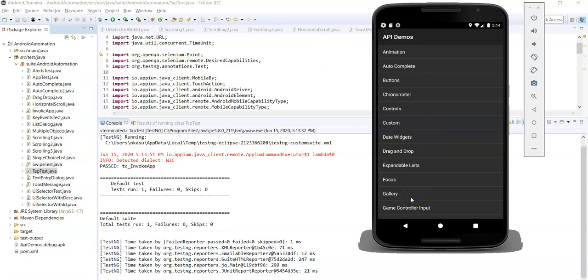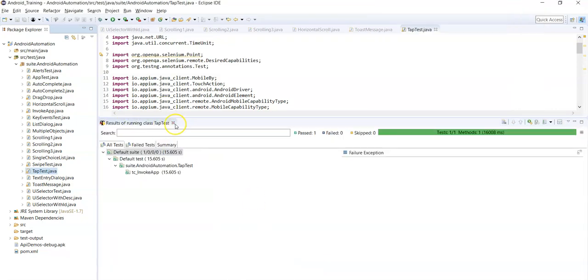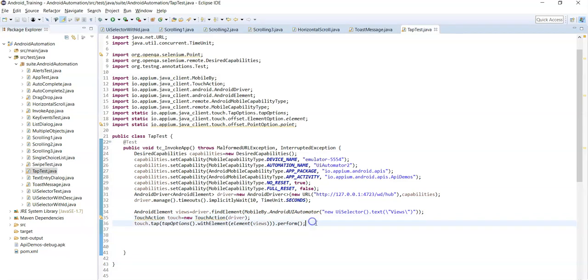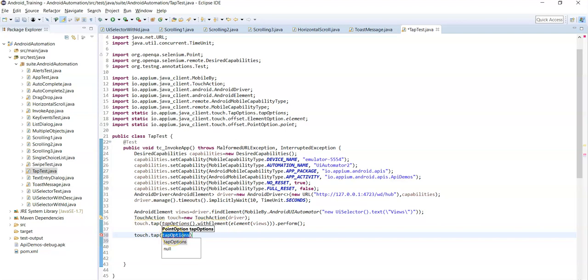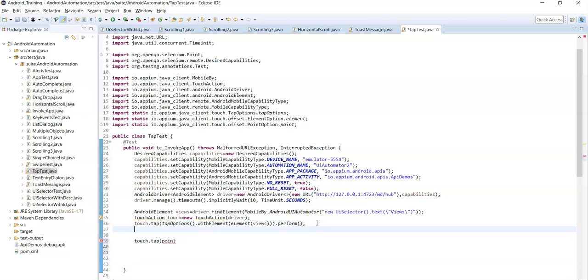Now you can use the other method, point options. Touch dot tap of point options. Here you need to pass point of. First you need to get the XY coordinates of that element.